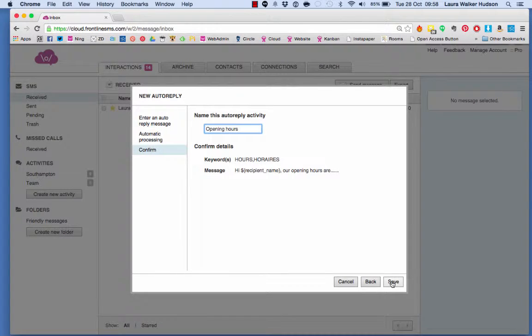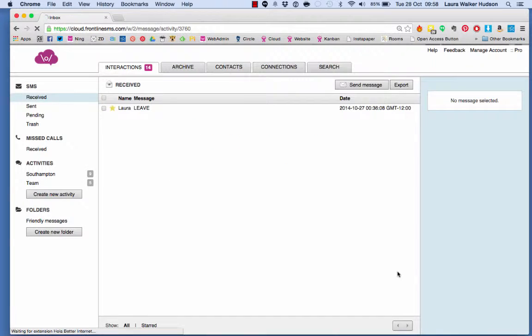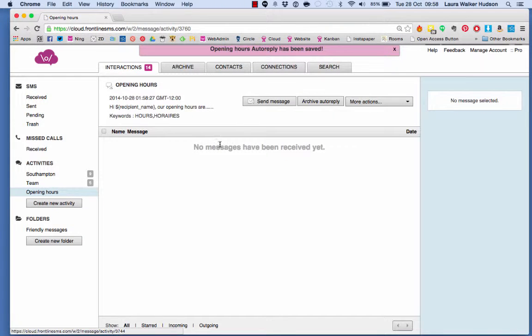So click save, and you'll see that there is a confirm screen saying, yep, your auto reply has been saved. Click OK, and it will open the activity. So this is a slightly different screen than you've seen before. It's basically like the inbox, but at the top there you'll see it also confirms what's going on in the